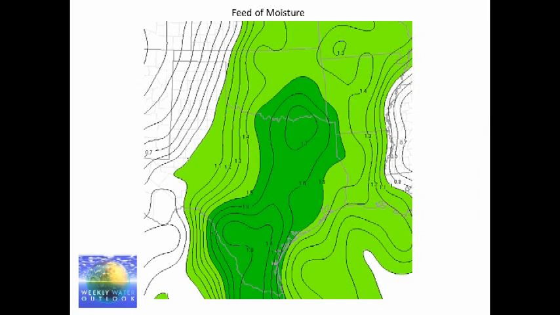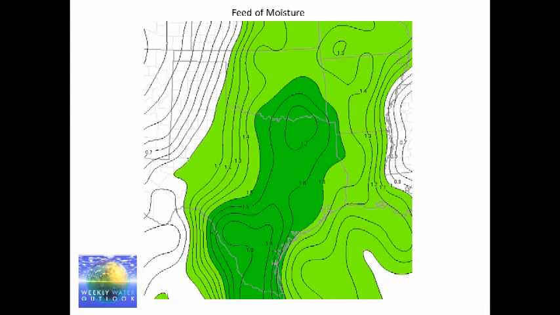So the setup we see this week, we see a very significant feed of moisture as we go through Oklahoma and Texas, and this is one of the reasons why the precipitation formed in San Antonio: very deep-seated moisture. You've heard me talk about precipitable water a whole bunch. It's one of my favorite parameters because it shows the potential for heavy rain. If you have moisture just at the Earth's surface, but not aloft, you won't get as much rain. You might get severe weather, but not as much heavy rain. If your precipitable water is over 1.5 inches, you can get very heavy rain.